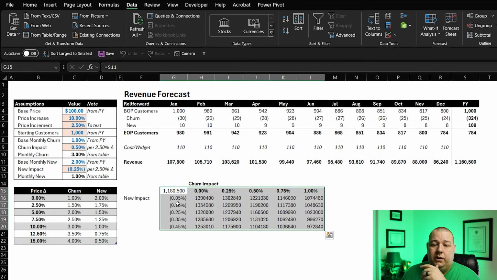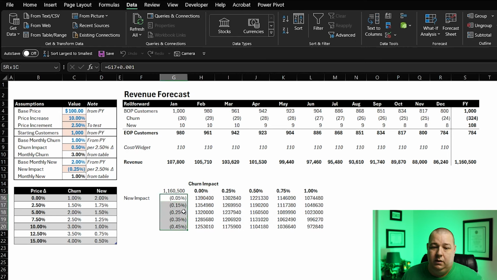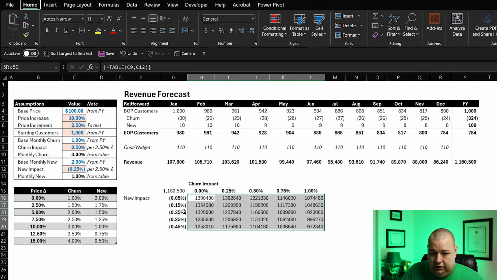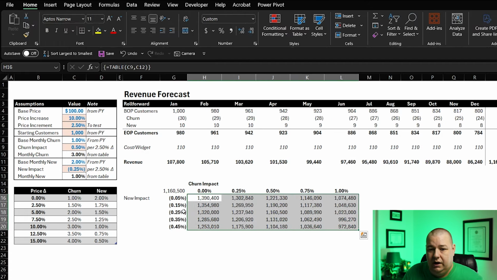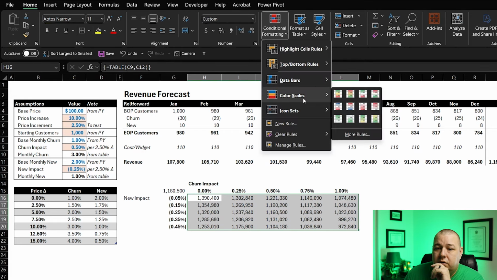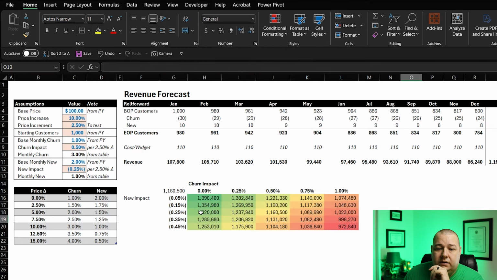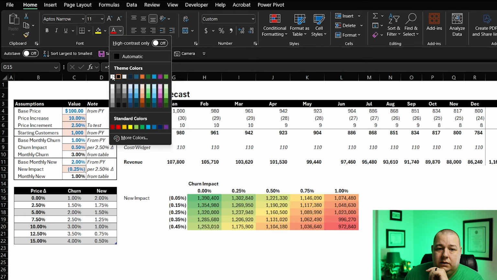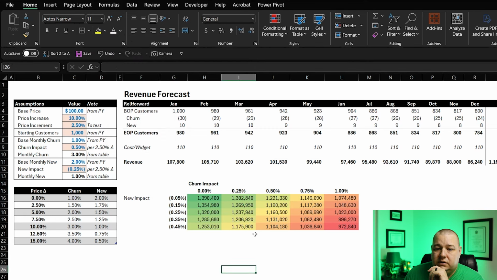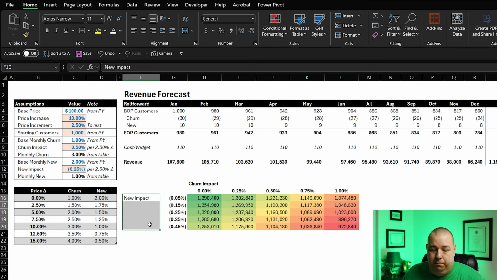So real quickly, I'm going to do a little bit of formatting to make this a little bit more digestible, so bear with me. I'm going to highlight this, go bold. I'm going to highlight this, Alt-HK, Alt-H9, Alt-H9. I'm going to use a conditional format here using color scales like that. And just because, I'm going to take this and I'm going to make it white so it doesn't stand out. I'm going to make this bold,